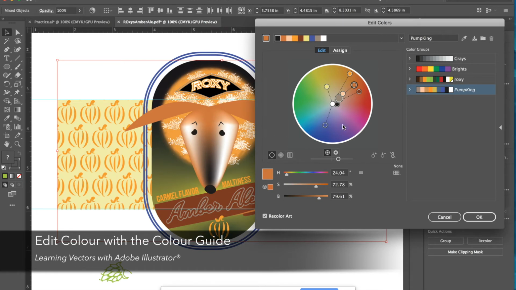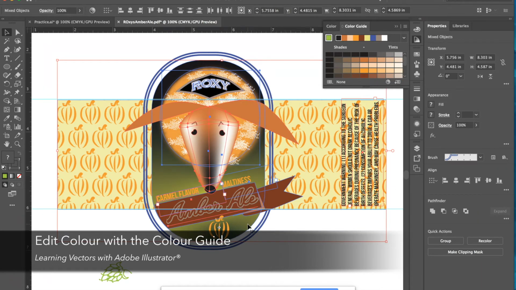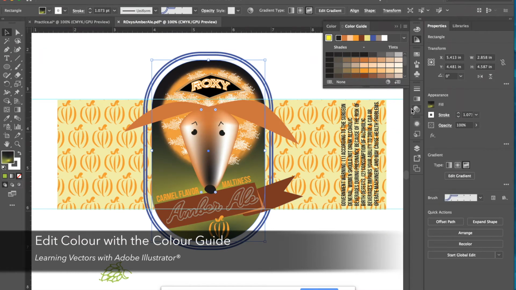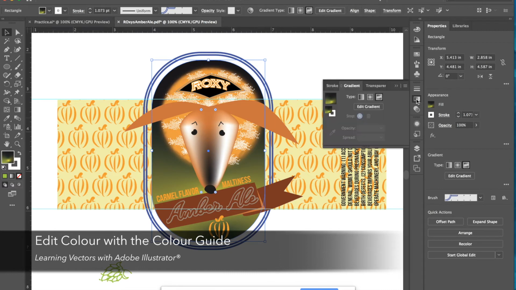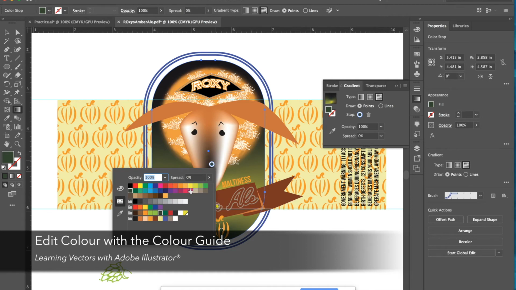But let's say okay, save the changes, yes. Let's deal with our background gradient. We have to go back to the gradient panel and edit the gradient from there. Okay, so I've jumped in. You can see here are my points, and I'm going to double click on them to get the swatches, and I can go down to that edited pumpkin